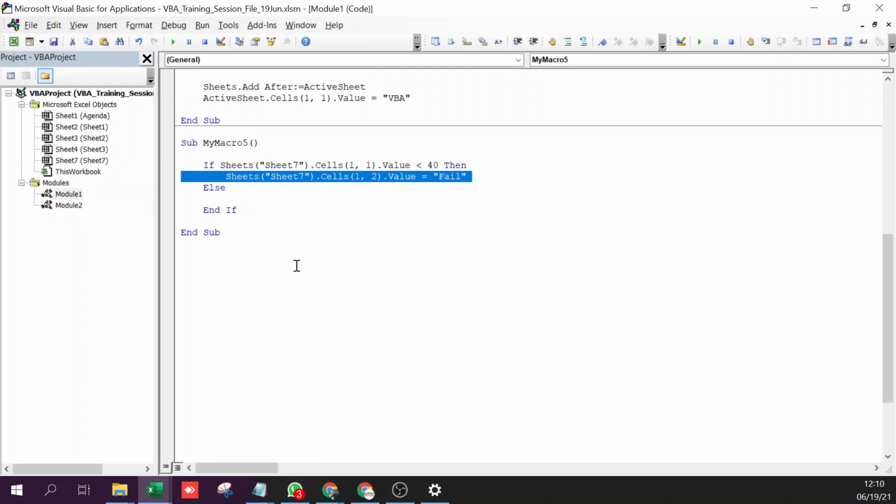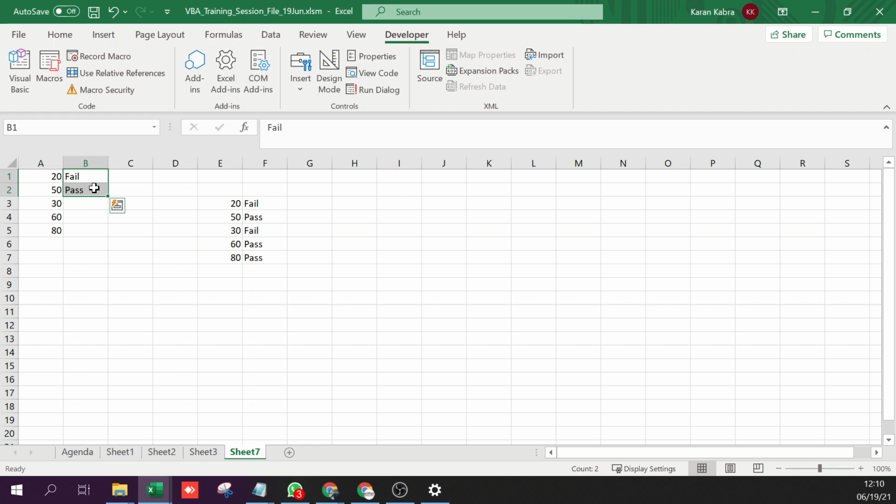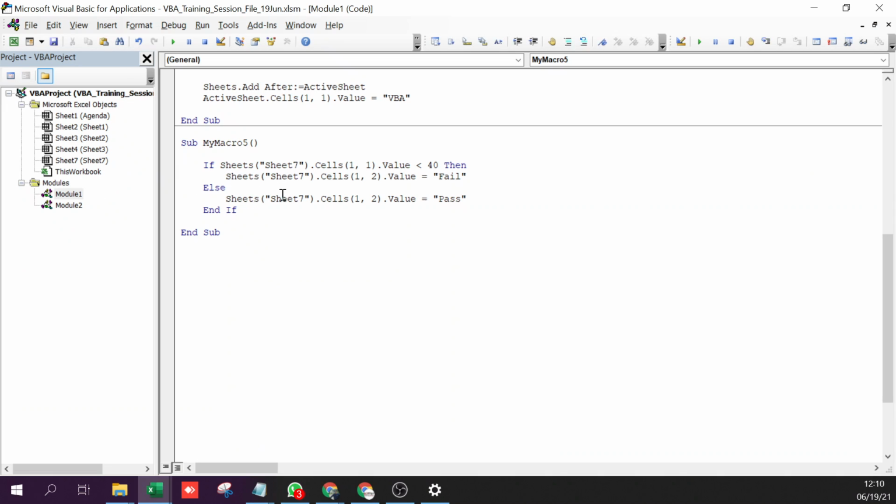Right? Else, sorry, else, right? Let's try to run this and check. And let's try to run it line by line. Okay. And delete it. So F8.